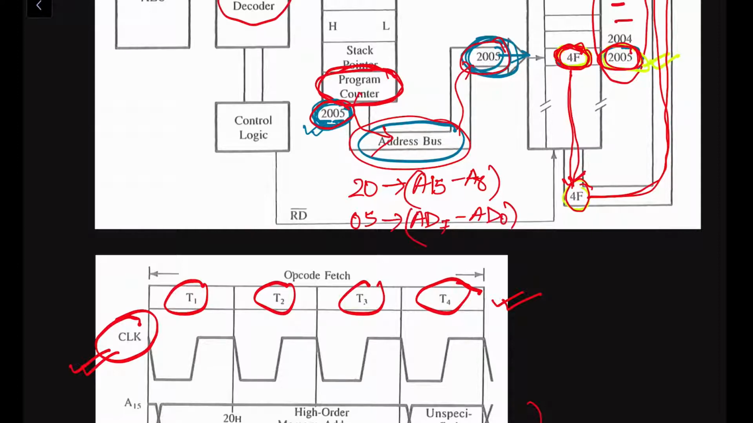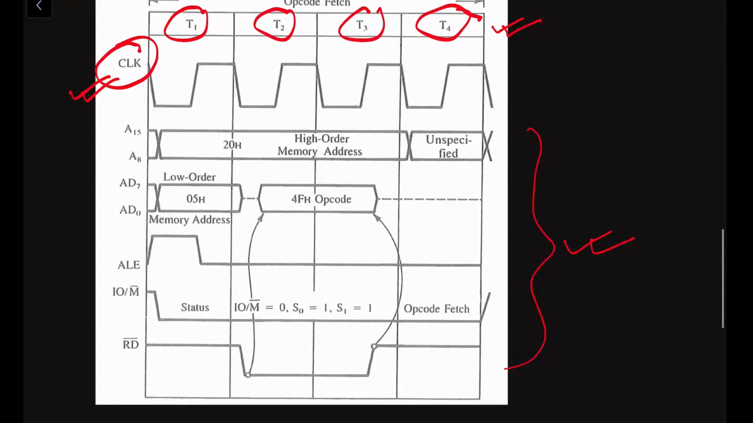AD0. That means this address bus actually consists of the full bus A0 to A15, but this lower order address bus is also a multiplexed data bus. It has dual functionality. It works in a time-shared manner. Therefore, depending on the time of the execution, it will work as an address or as data. So here we can see in this timing diagram,